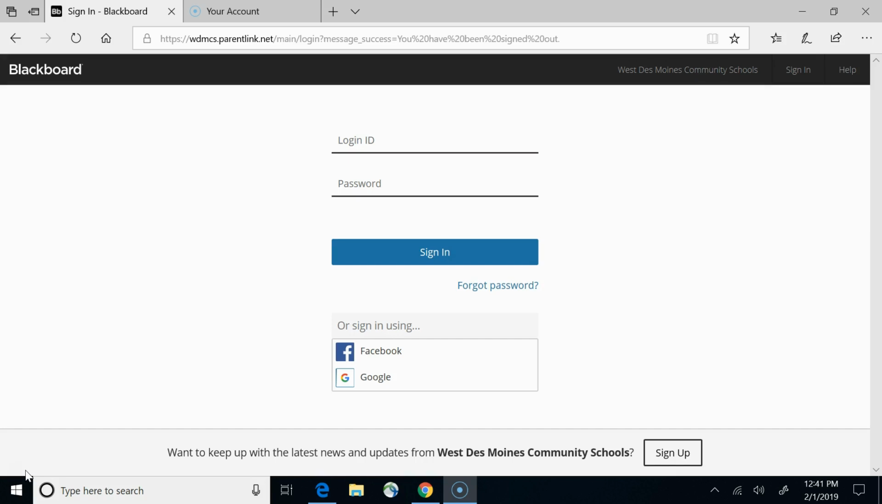If you know the email address that you use to log into Infinite Campus, you can type in that email address here and then select the Forget Password link. We have pulled over family information to Blackboard. However, if you want to log in this way, you will need to reset your password. By clicking the Forget Password link, you will go through the standard password reset process where you will receive an